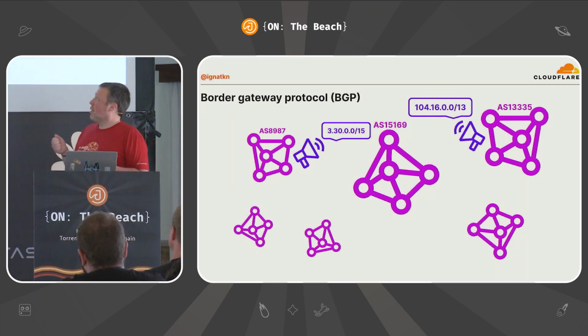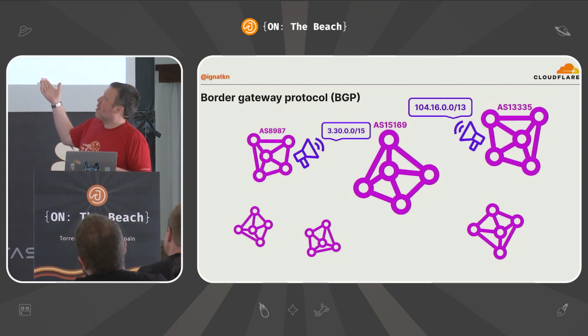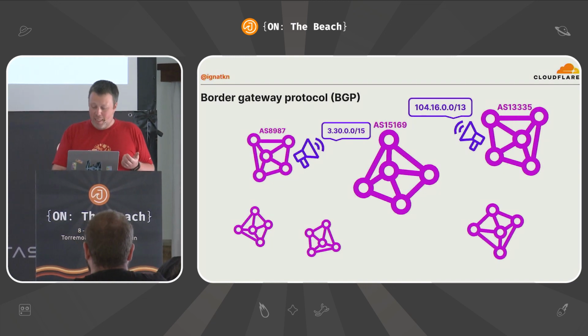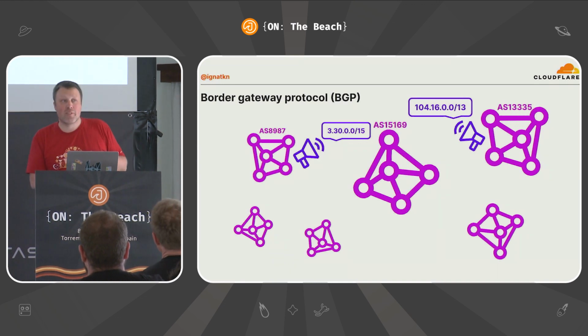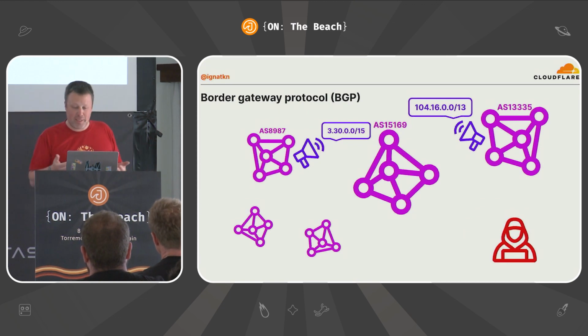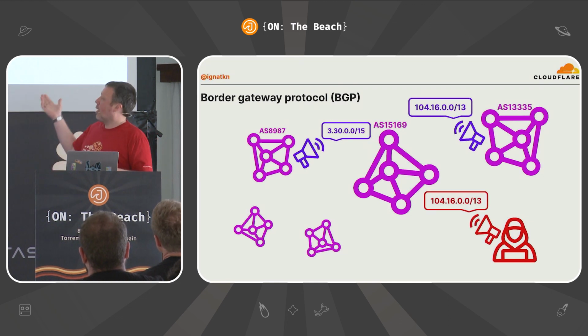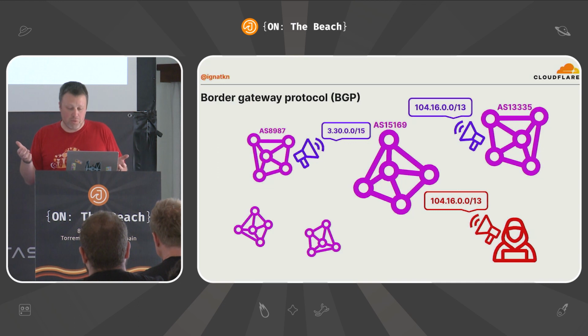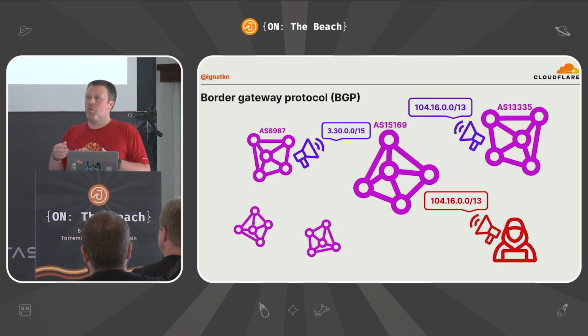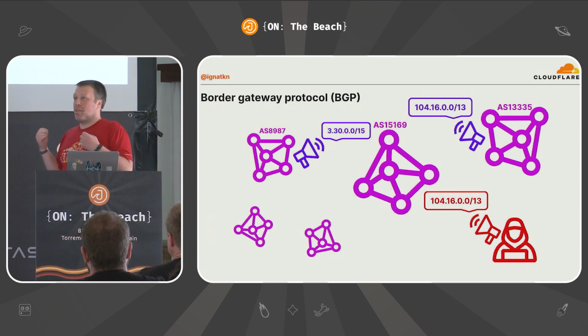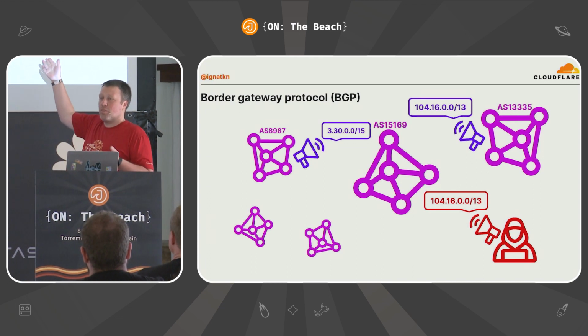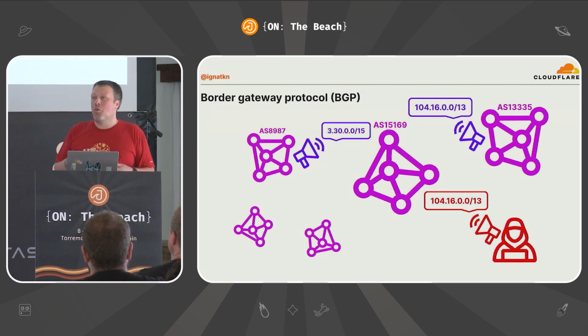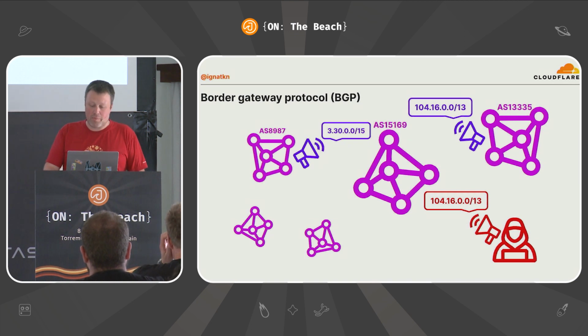Good, right? But what is the inherent problem? The protocol was designed in the 70s, and it's based on a gentleman's agreement. So I announce what I own, but I don't announce what I don't own. Now we have a problem in the modern internet, with a lot of malicious activity, where a malicious actor can start announcing IP addresses that they don't own. And this is how internet hijacks happen: instead of being sent to the valid destination, the traffic is sent to the attacker's network. In the best case, it's just a black hole. In the worst case, you can be phished or something like that.